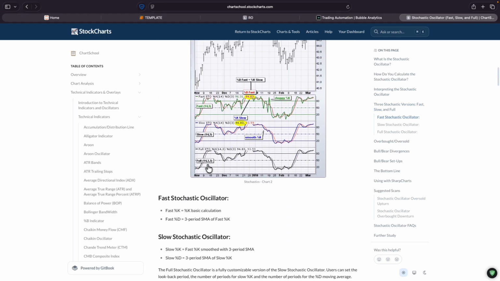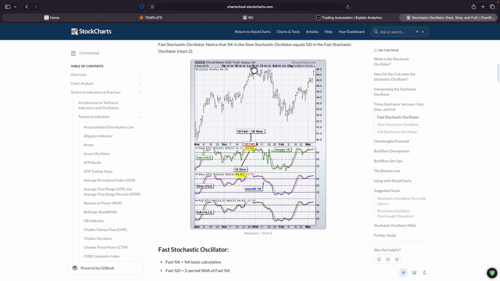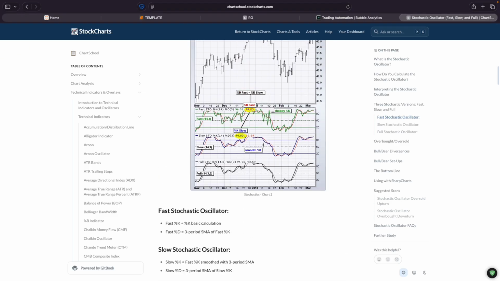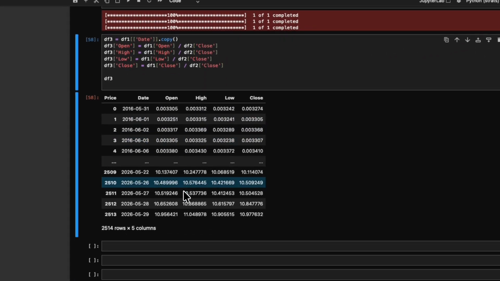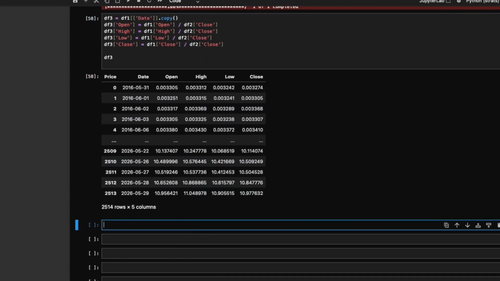And rather than using 14, 3, 3, which is the standard indicator values, we're going to use 10, 4, 4, but effectively it's going to be the same. And then we're going to recreate this chart here, but obviously with only one indicator below. So let's go on with that then. The stochastic then. So what we're going to do is create a function called, I guess, stoch, and that is going